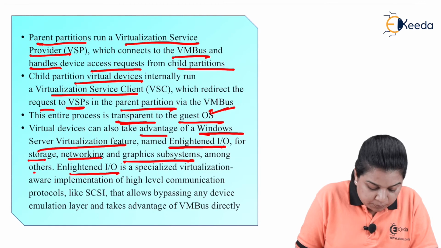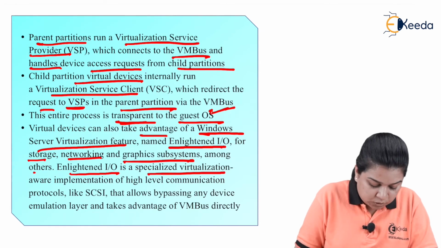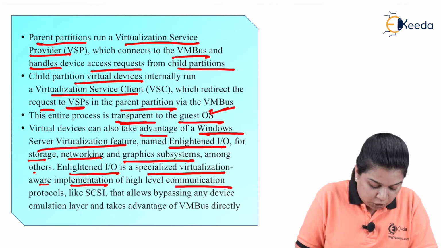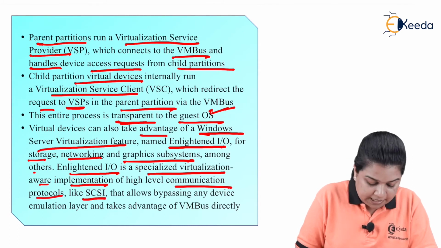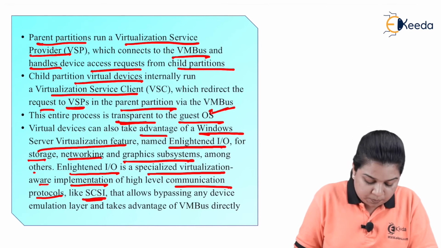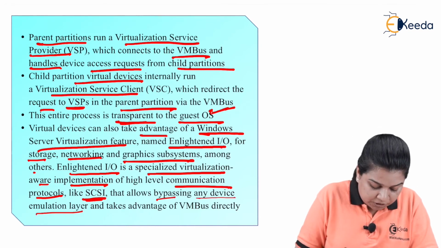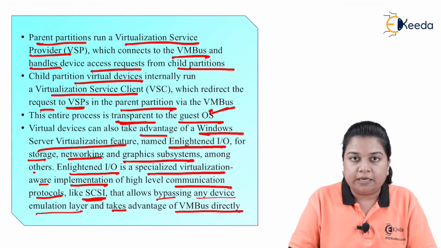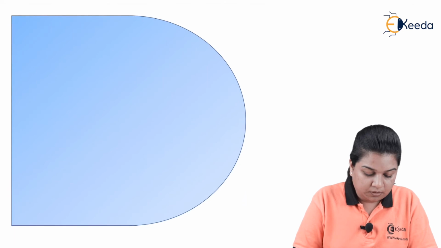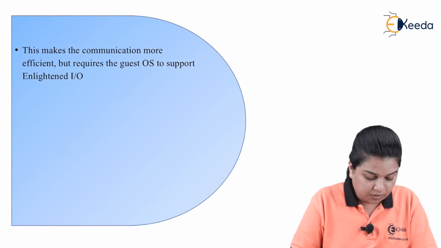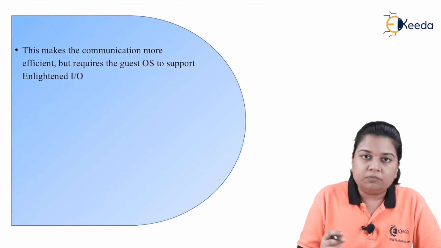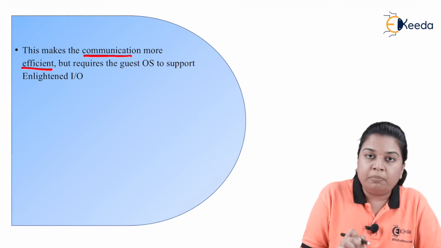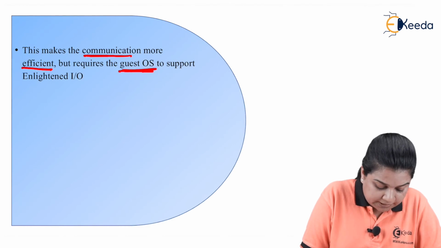Now, Enlightened Input Output is a specialized virtualization-aware implementation of high-level communication protocols like SCSI that allows bypassing any device emulation layer and takes advantage of the VM bus directly. This makes the communication more efficient but requires the guest operating system to support